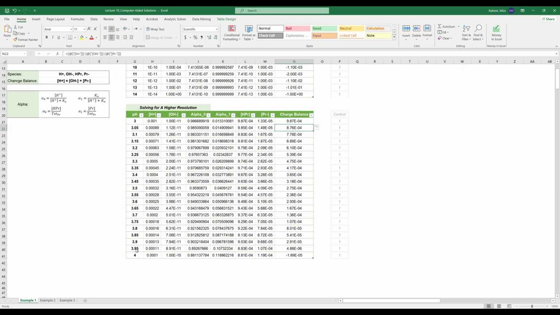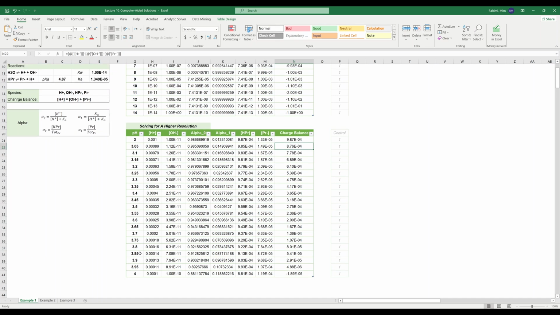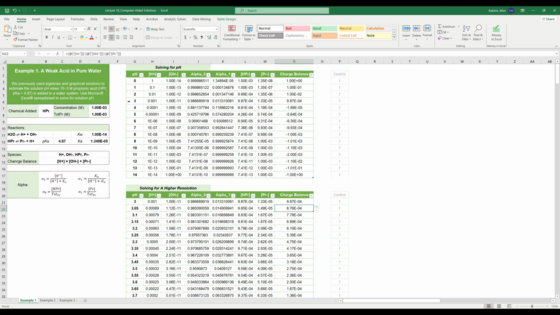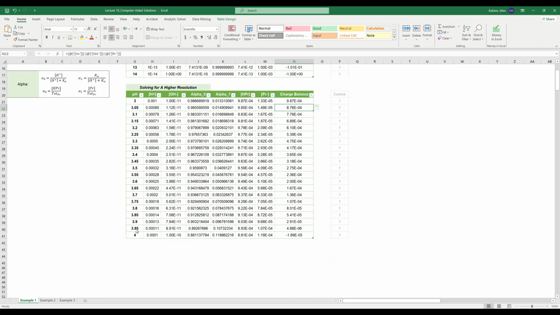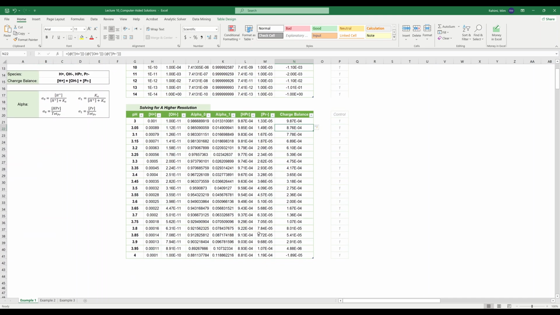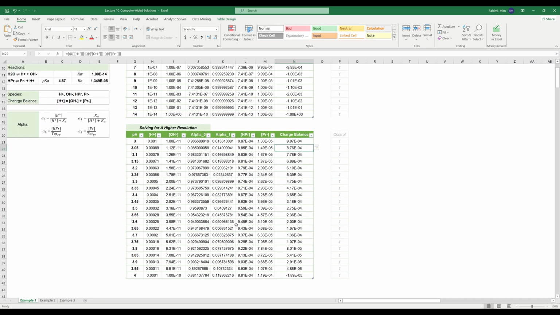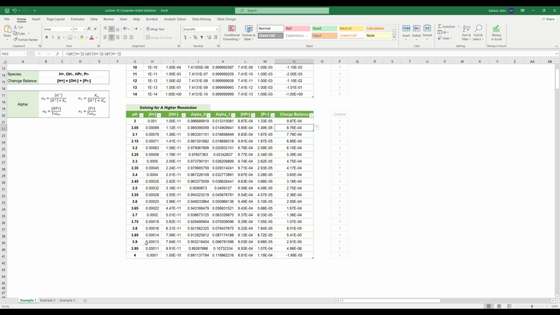So the pH would be between 3.95 and 4. Here what we found was the pH is between 3 and 4, but here it is between 3.95 and 4. So the resolution is way higher compared to the first table. Depending on the type of resolution that you want for your pH, you can actually, this time in